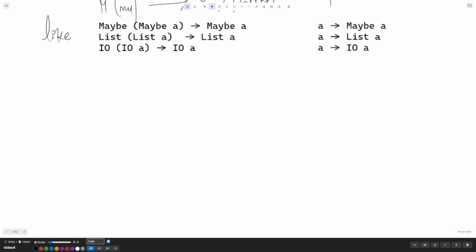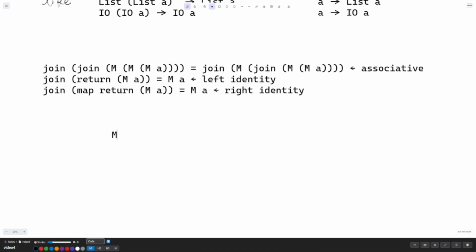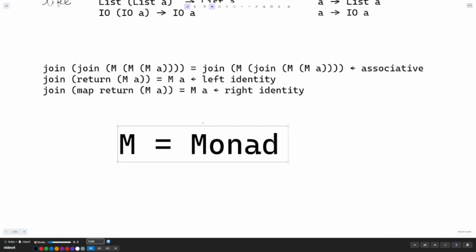So these three laws, left identity, right identity, and associativity, should be obeyed by a monad. This is what a monad actually is. So if a monad is just a way to wrap stuff with return and a way to flatten nested contexts, join. It is basically